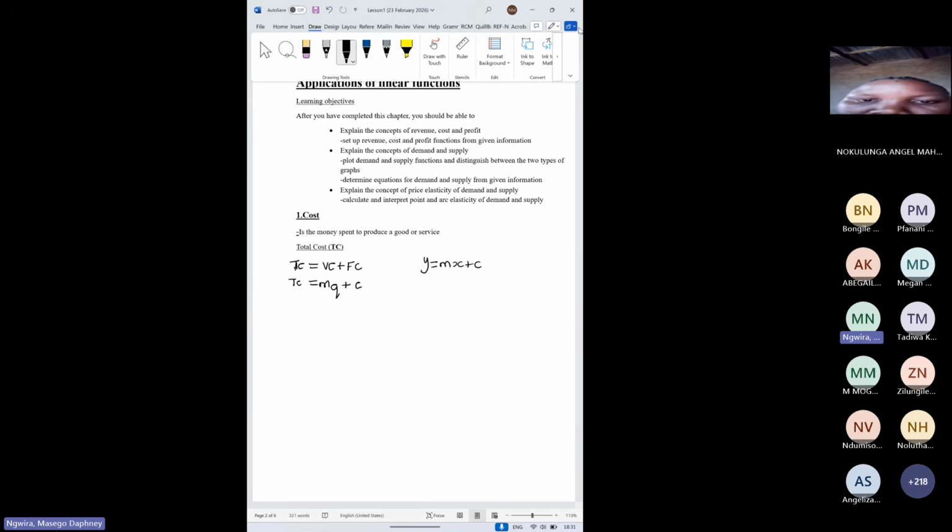So if I increase the quantity, my variable cost changes. But as for your fixed cost, which is represented by c in this case, the cost does not change, it's fixed. All right, so now if I was to plot the graph,